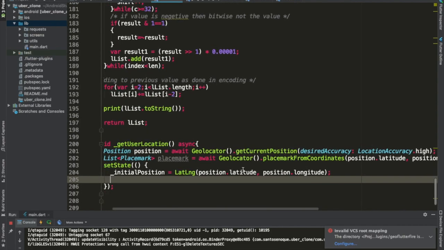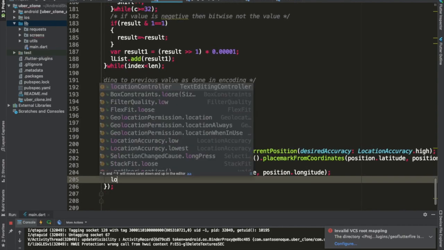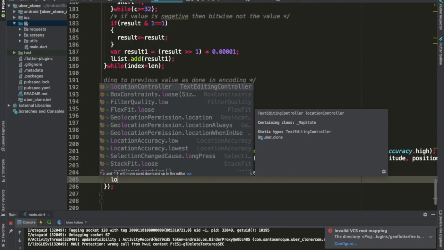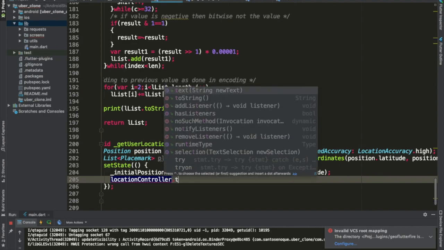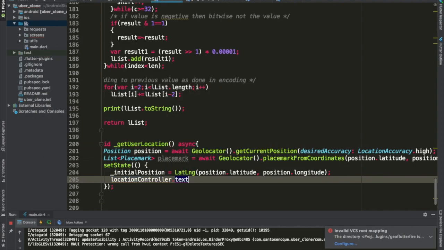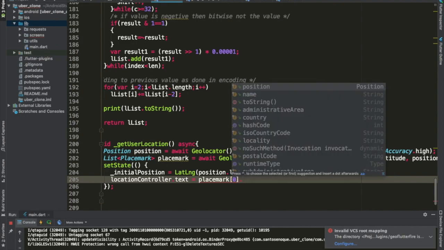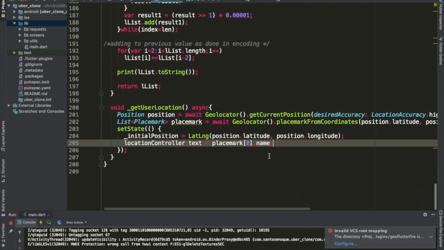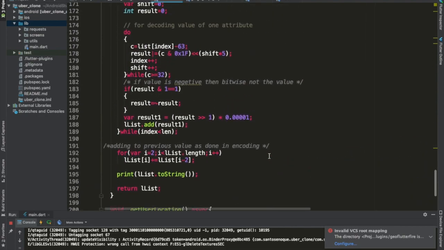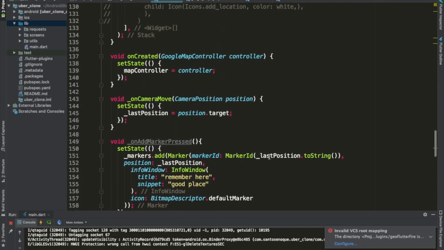And finally we will define our location controller text to be equal to placemark. Since it is a list, we want the first element, 0, name, which is going to convert the position into an address. Okay, and now we will go back